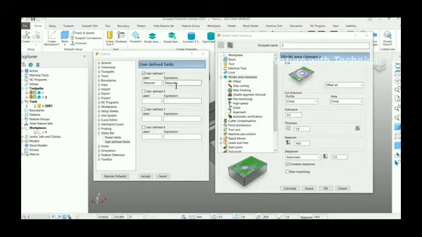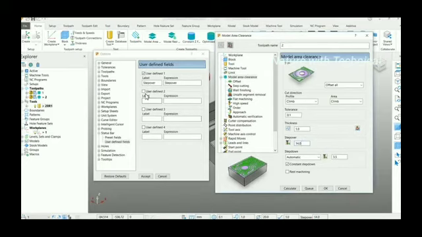Once you enter this parameter name, you can find here the step over label name and the value of the particular toolpath. So here my step over value is 14. You can see the value here is also the same.